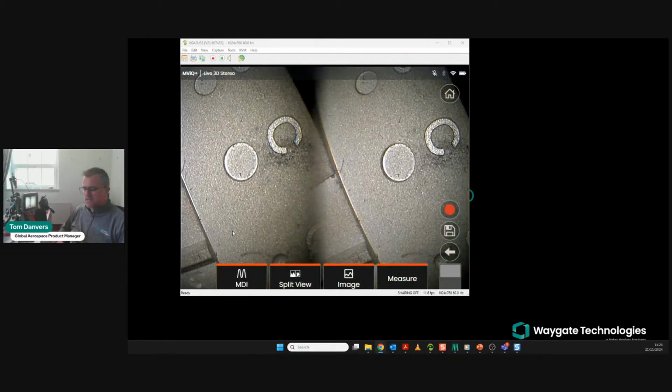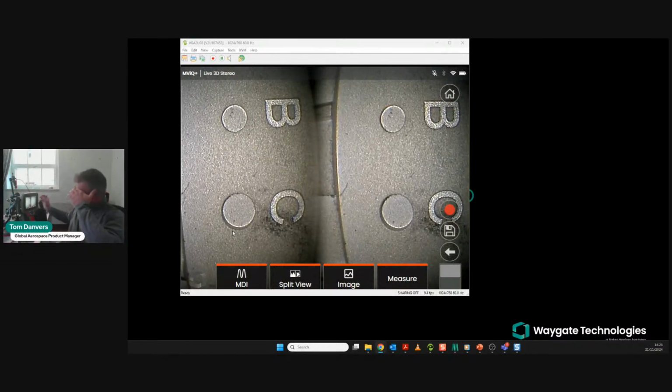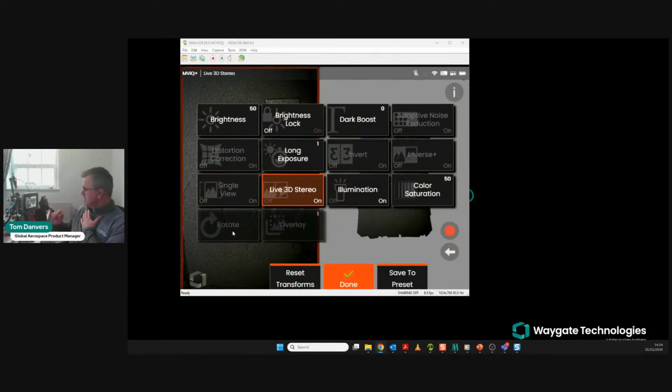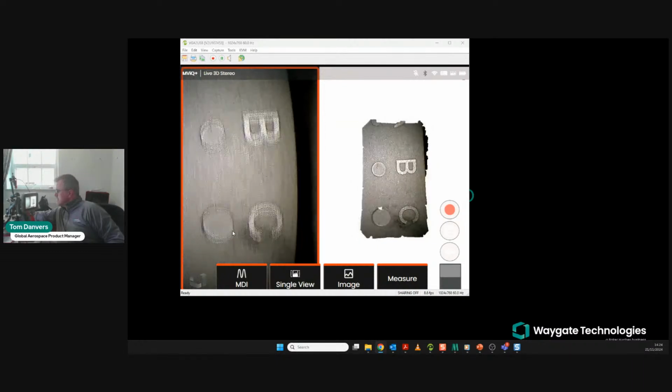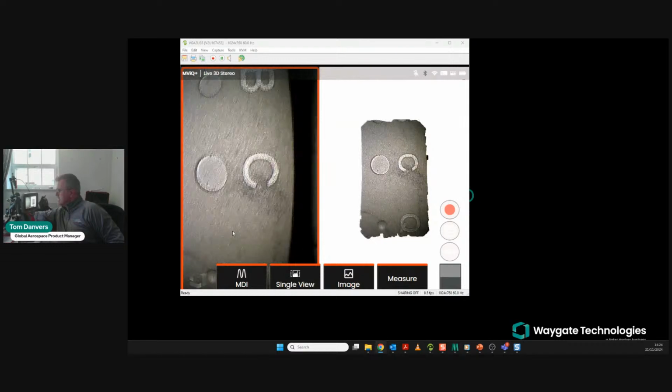Let's go back to my live screen. So this is my live screen now back on the borescope. I've moved away, obviously, from an engine kind of setting. I've got here my stereo tip fitted to my borescope. So I'll take you through Li3D Stereo now. If I turn it on in the image menu, press done, and move my measurement block that's sat in front of my probe, you can see on the right hand side